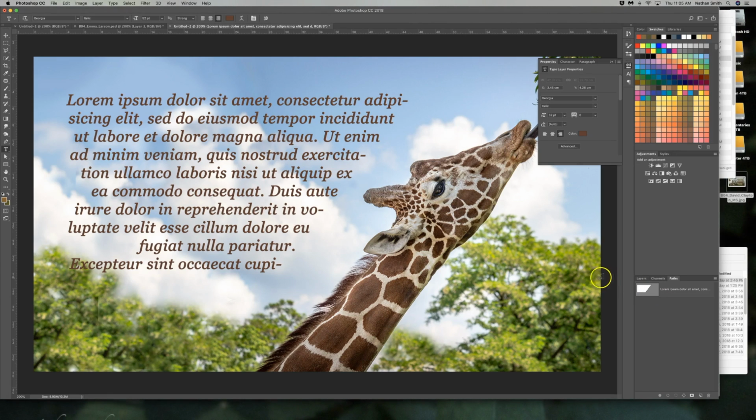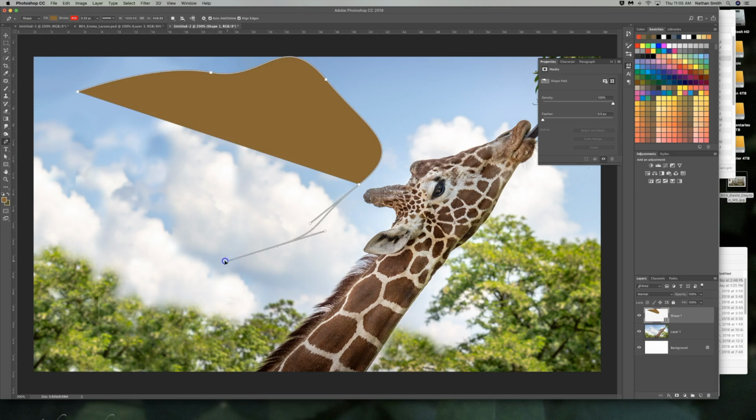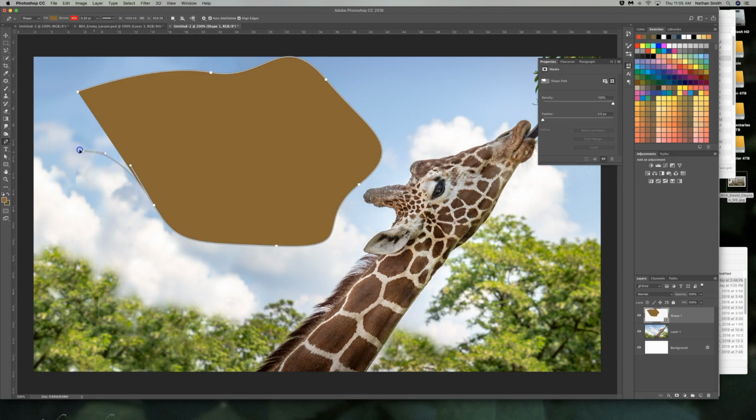But that's one way you can make a piece of text follow along on a path, alright, or inside a shape. Now I'm going to get rid of this, and let me show you another quick way. I can use my pen tool and make sure that it says shape up here, and I can make any kind of a free-form